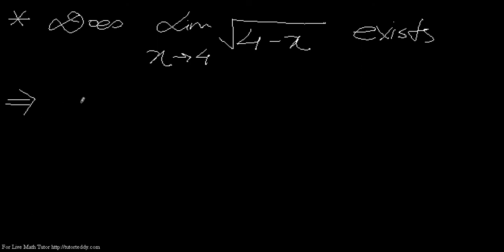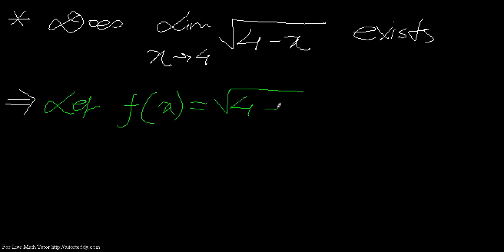Okay, so the first step I do is I write this inside, I mean the limit of something I'm finding out. So this is a function of x, right? So I say let f(x) equals square root of 4 minus x. So you see that I'm finding the limit of a function. That function is f(x) equals root over 4 minus x. And then I say, when x tends to 4,